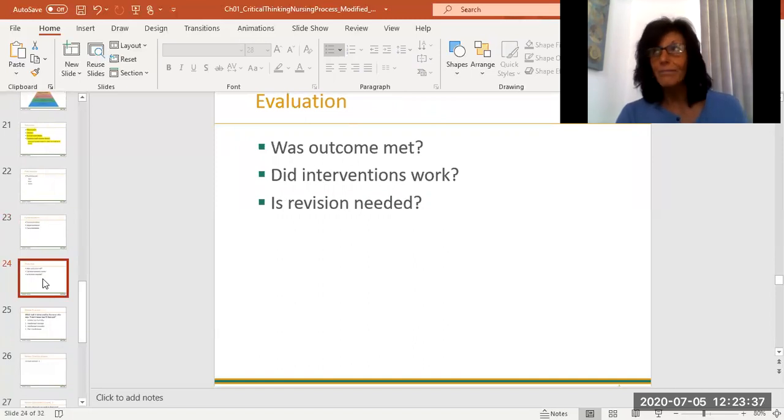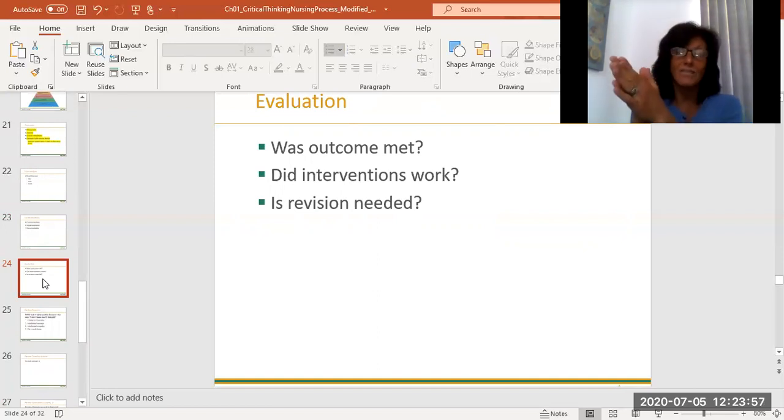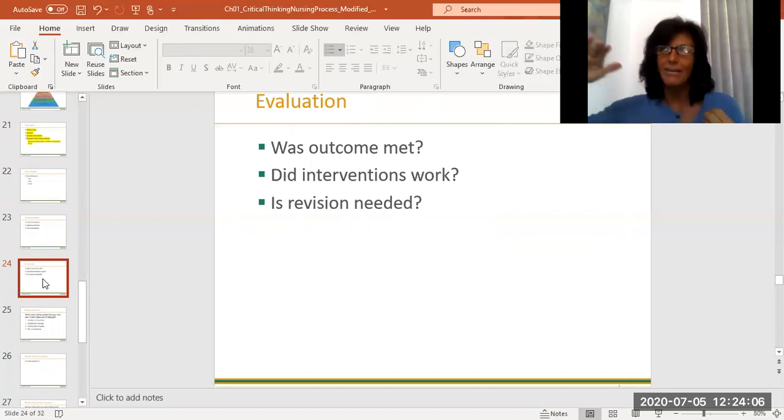And then evaluation, did it work? Everything that you did, did it work? It either did or it didn't. If it did, yay, resolved. If it didn't, then you have to revise the care plan. You're not going to just toss it. You're going to change it, revise it. So maybe the nursing diagnosis, yeah, that's going to stick. But maybe that intervention wasn't the right one for that patient. Or maybe my goal was a little too far reaching, when maybe I need to manipulate the goal a little bit. And we'll talk more